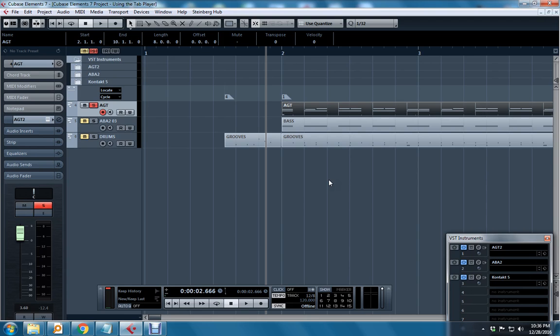Now, the first reason would be quality. This is the best virtual guitar out there. It's a very flexible instrument. It really can do anything, but it's very quick and easy to use, and I'm going to show you just